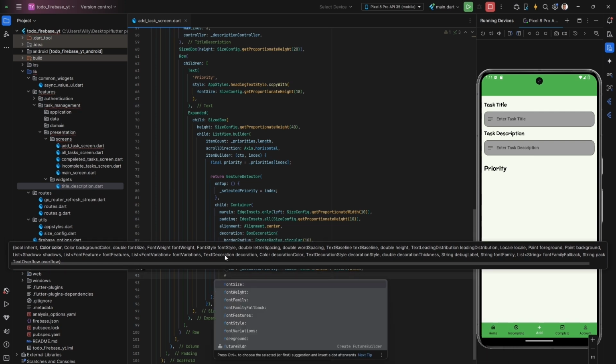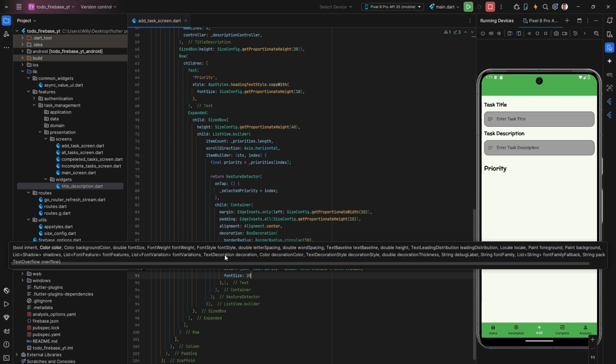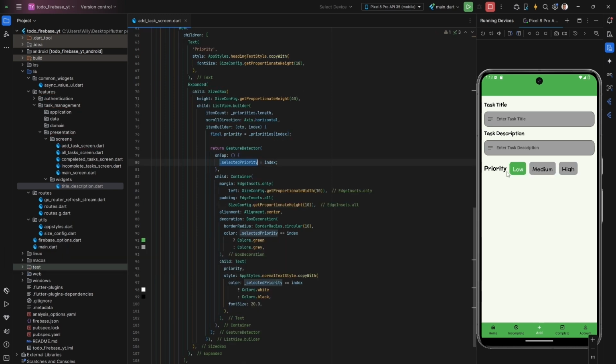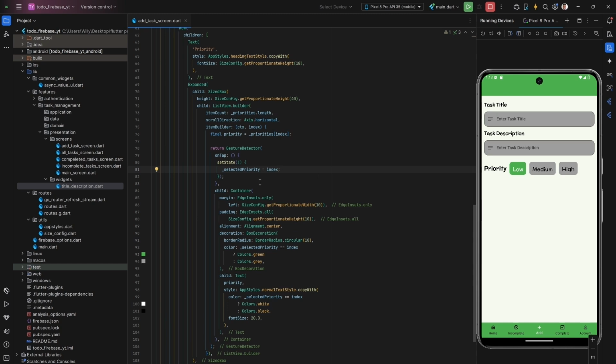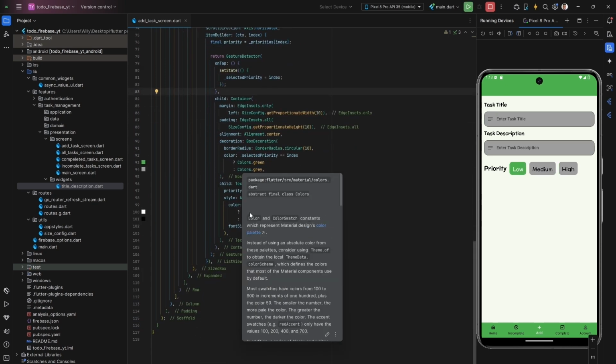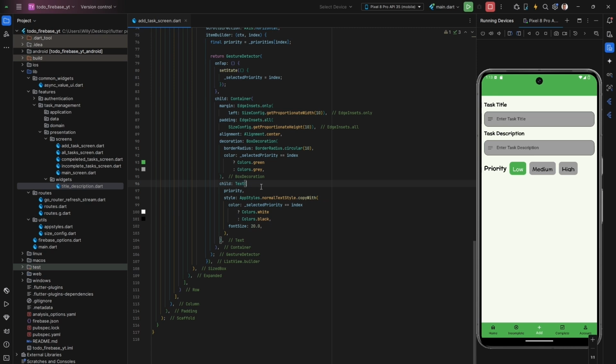And I'm going to set the font size to 20.0 to ensure that when I tap on this it changes. So I'm going to use setState. We can update the selected priority like that. So when I save and tap on this, as you can see, it now changes. So finally, I need to create a button here that I'm going to use to save that data